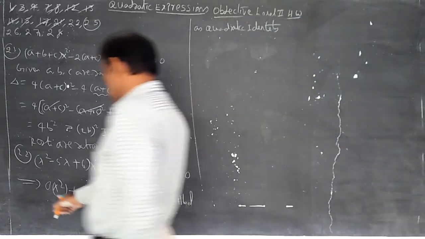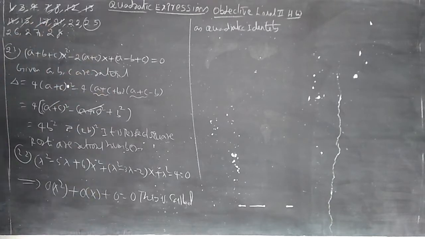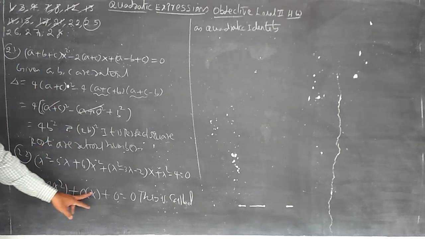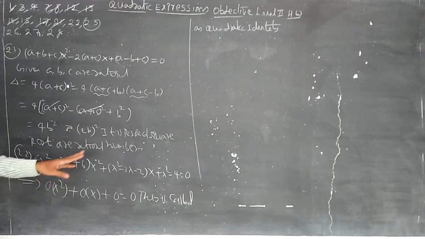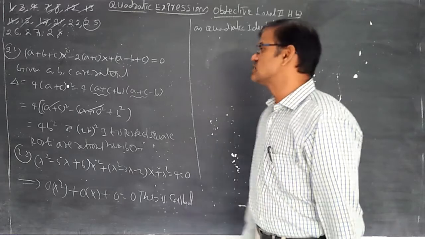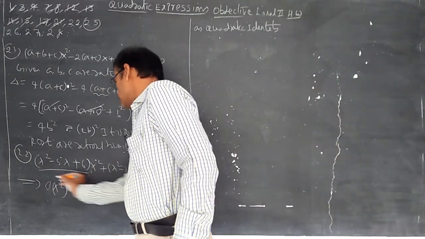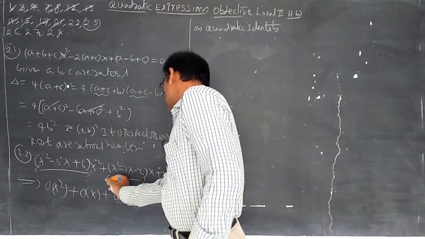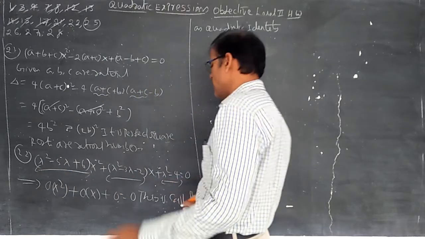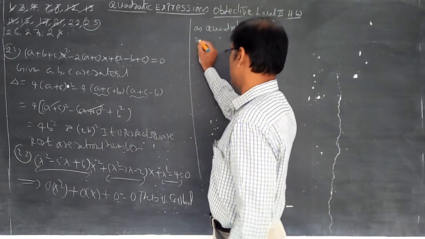Whenever it is 0, you can substitute more than 2, more than 3, more than 4, any value you put here. 0 into 1 lakh whole square, no problem, nothing will happen. 0 into 1 crore also, you can put 0 into any number, even complex numbers also, nothing will happen because 0 into anything is 0. Then you can understand this should become 0, this should become 0, and this should become 0. Every coefficient should equate to 0 and get the value properly.